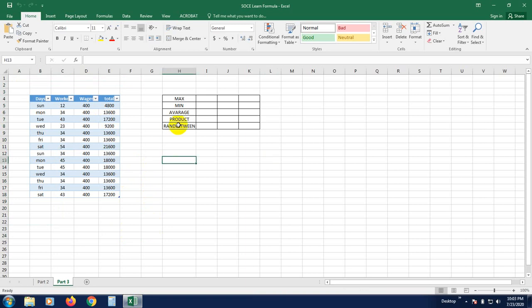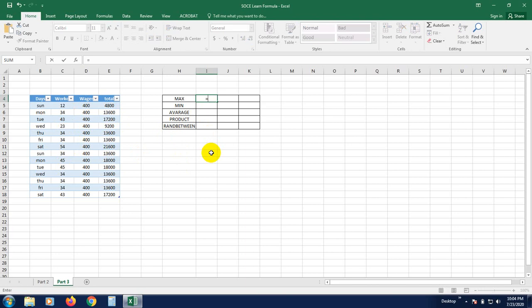First of all, I will show you about max. What is the max formula actually? By seeing the name, you have already understood that by using the max formula we'll find out the maximum value from a row or from a column. From a table, or from those values, we'll find out the maximum value. To do that, simply press